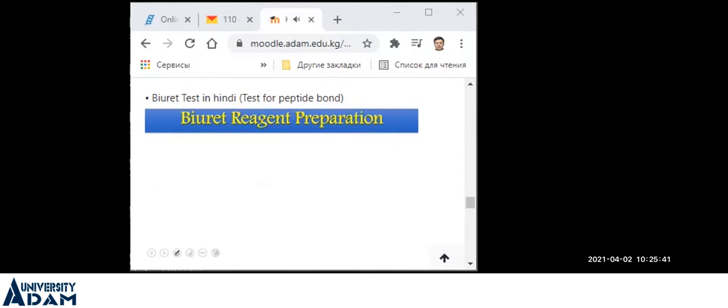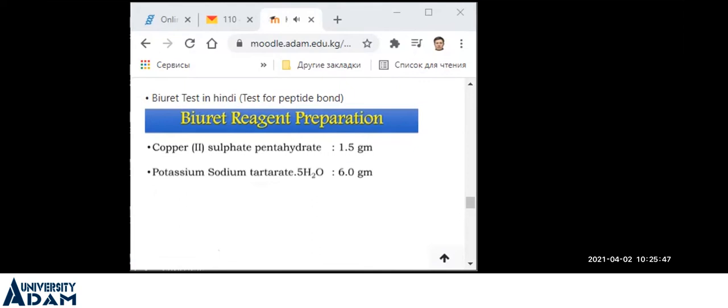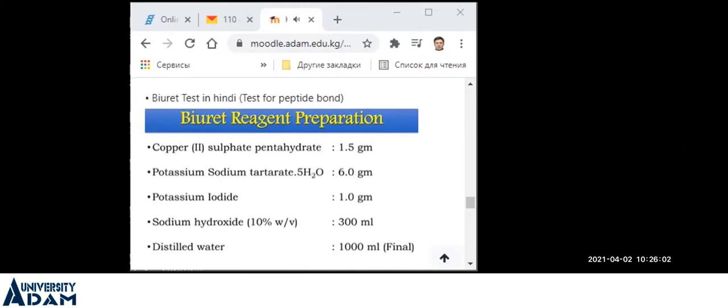अब सबसे पहले हम देखेंगे बाइयूरेट रिएजेंट बनाते कैसे हैं। तो रिएजेंट का कंपोजिशन क्या क्या है? तो हमें कॉपर सल्फेट चाहिए जो पेंटाहाइड्रेट के फॉर्म में होता है 1.5 ग्राम। देन हमें चाहिए रॉकेल सॉल्ट पोटेशियम सोडियम टार्टरेट 6 ग्राम, पोटेशियम आयोडाइड 1 ग्राम, सोडियम हाइड्रोक्साइड 10% वेट बाय वॉल्यूम का सॉल्यूशन चाहिए 300 ml, एंड फाइनल वॉल्यूम हम करेंगे वाटर के साथ जो 1 लीटर का होगा। सो ये सारे कंपोजिशन जो है वो 1 लीटर के लिए है।